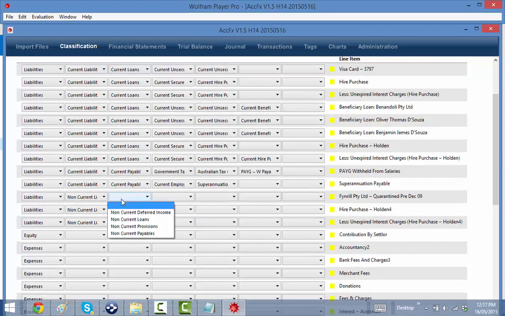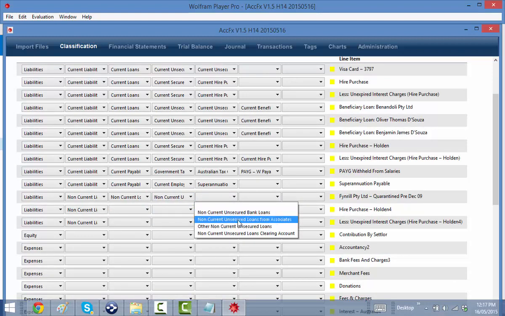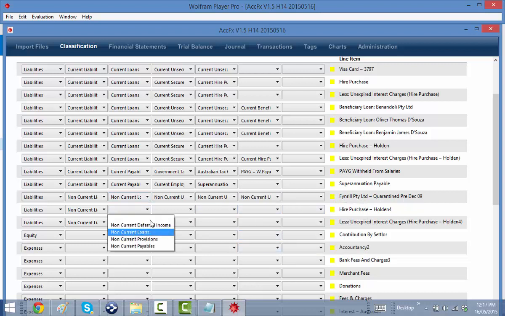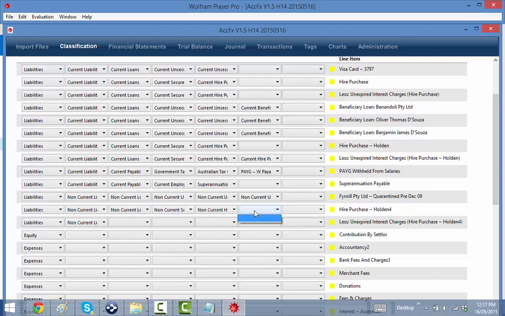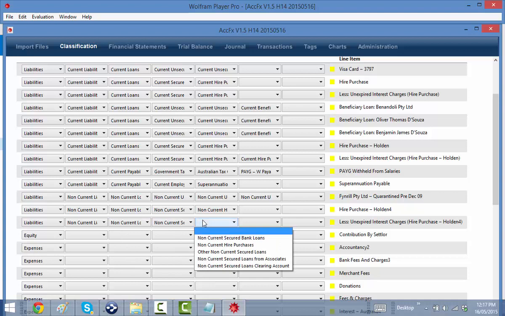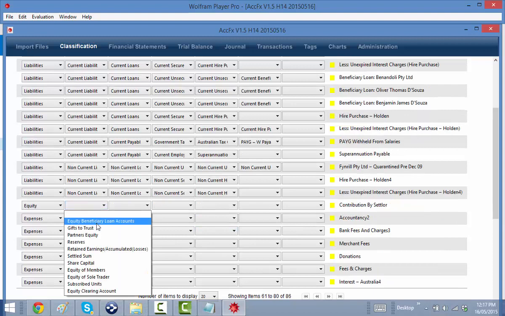So we've got a loan here, so non-current loans, unsecured loans from associated persons, and it's got to be in a company. Current loans, and secured loans, current hire, non-current, yeah, so we've got that. Current loans, secured loans from hire purchase, settled sum,